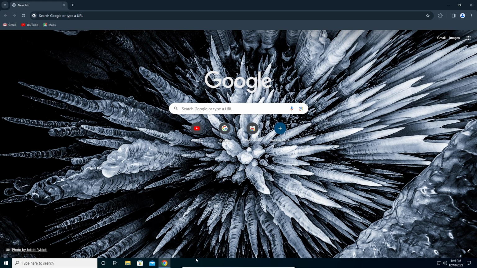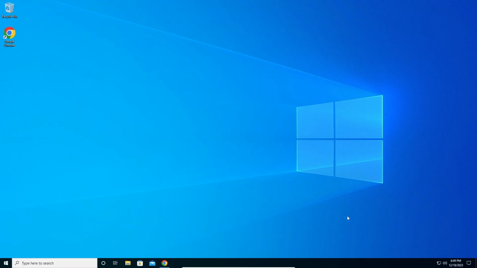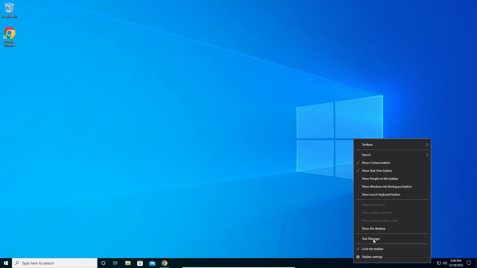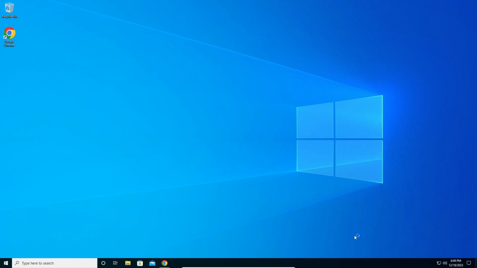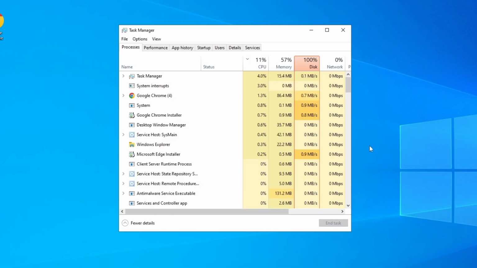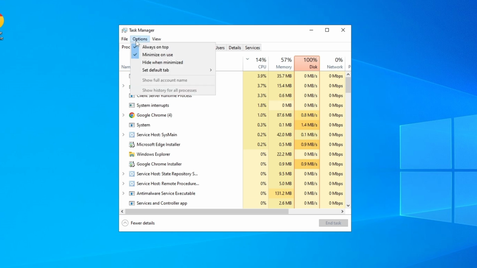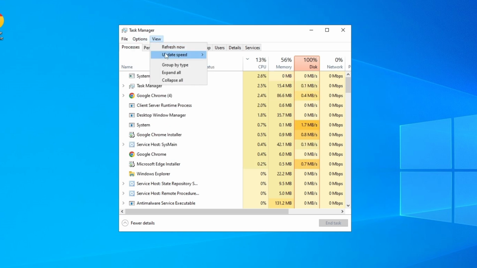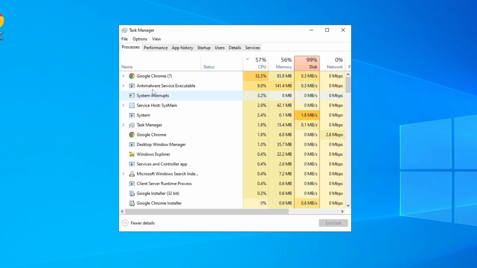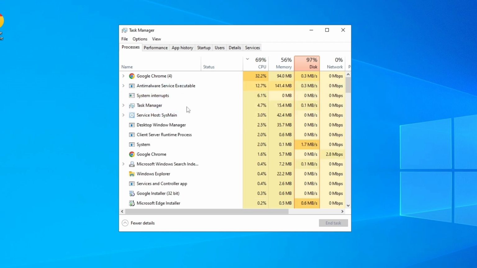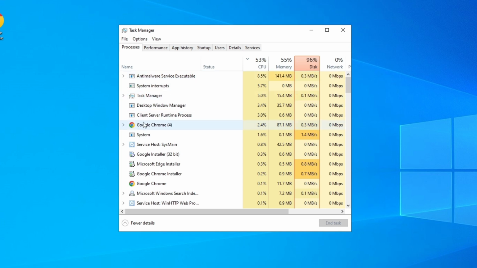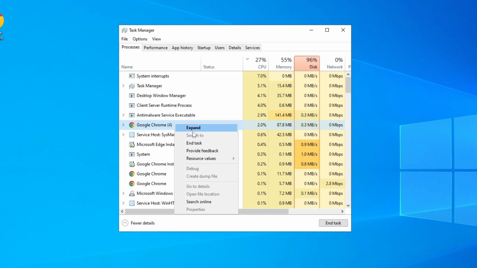And then you're gonna go to your desktop, or you can just minimize your program and then go right click on your start. Here click on task manager, and then here on task manager you're gonna go here on Google Chrome, or you can choose go here and update speed, go to low, so it doesn't jump, like, you cannot even click on it. So now here you go on Google Chrome or the game that you want to optimize, right click on it and then